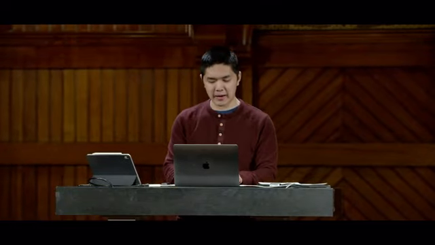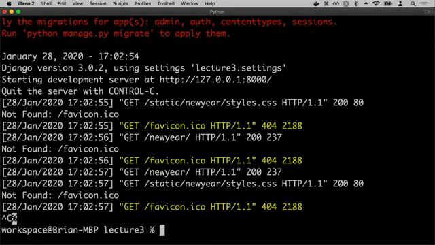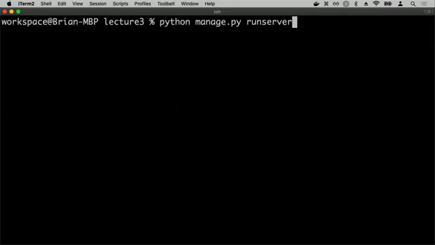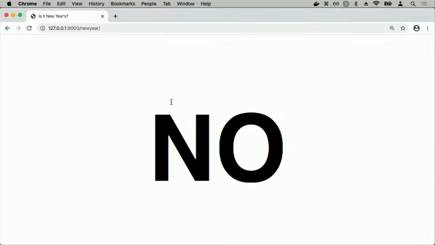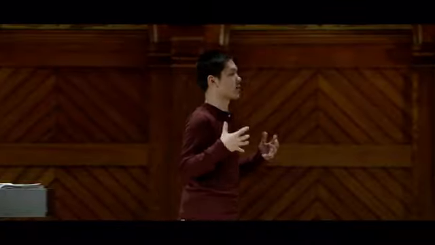So now that I've said that I want to link this particular static file, styles.css, into this web page, what I might first need to do, just to let Django load static files, is restart the server. So you might sometimes need to Control-C and then go ahead and rerun python manage.py runserver. That will rerun the server. And now if I go back to the /newyear route inside my web browser, now I see the style looks a little more close to what I actually wanted it to be, centered, sans serif, in a larger font